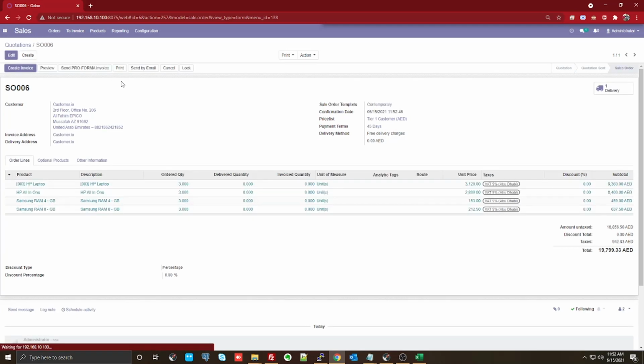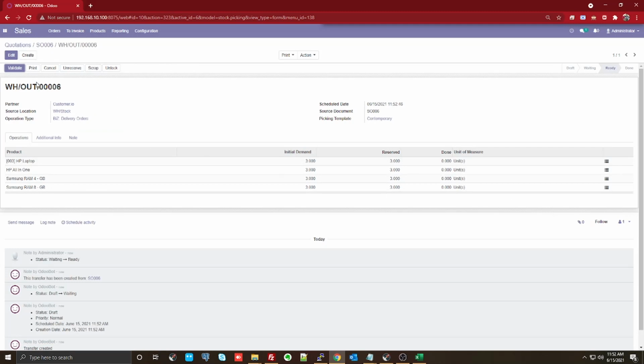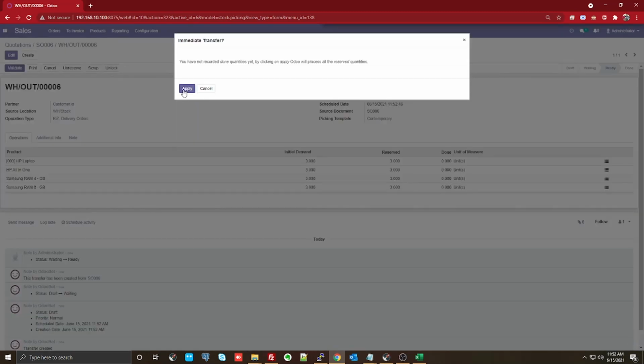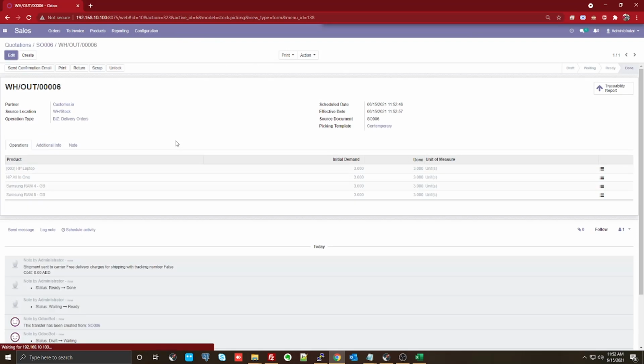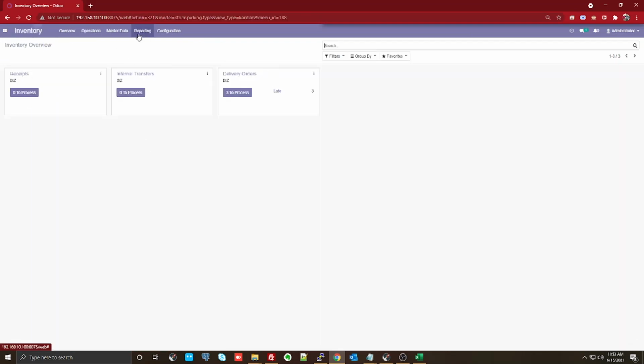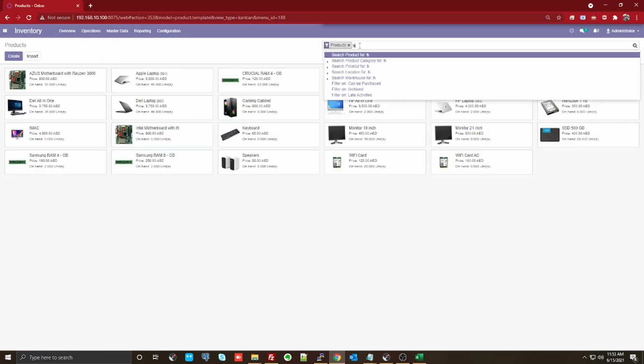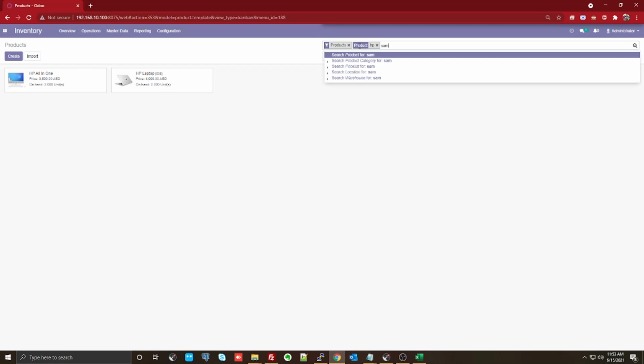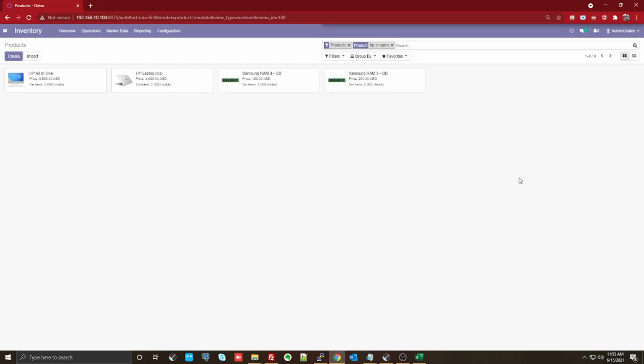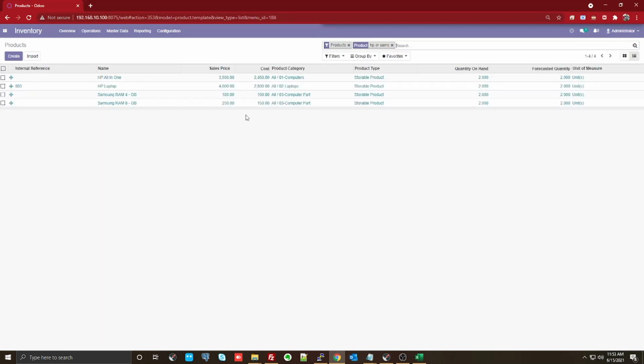The moment I confirm and create the shipment details here, you have a validate button. When I validate it, the stock is moving out to the customer. That's it. At this point of time, if you go back and check your inventory, the inventory would have started compiling the cost price for the products. If you look at the products, and start looking for the HP and Samsung, you can see that all four products automatically have the cost price from the purchase order.